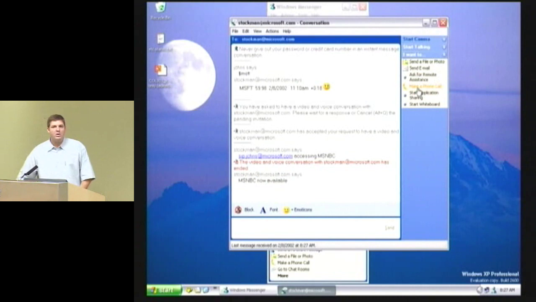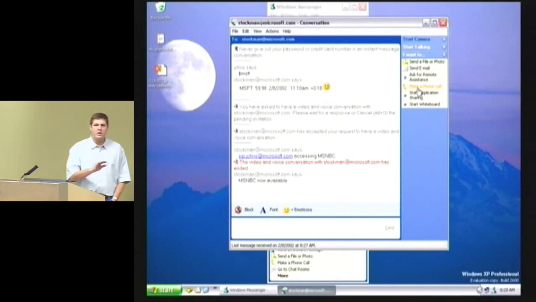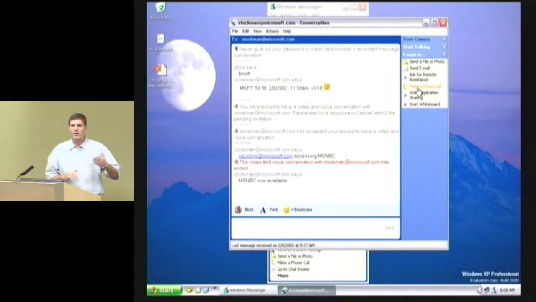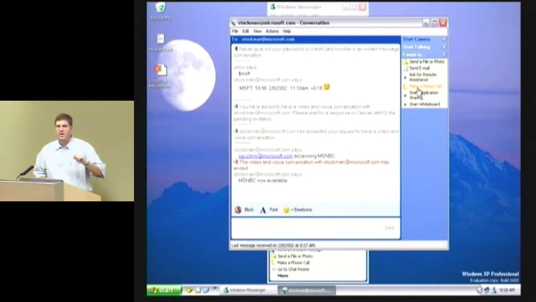I could make a phone call, and that would use this to call a phone that is associated with the other user. That information is stored in their profile. As part of their watcher information, their presentee information, they publish their phone numbers, like their mobile number, their home number, those kinds of things. So from this UI, I can make a phone call and use the audio capabilities and the PSTN interconnection capabilities that I talked about to make a phone call directly to